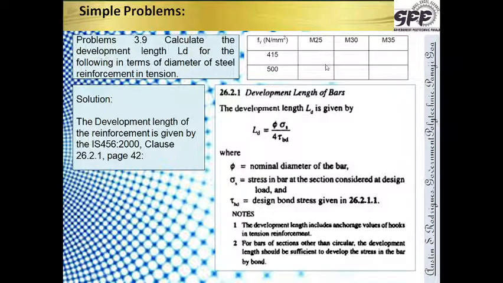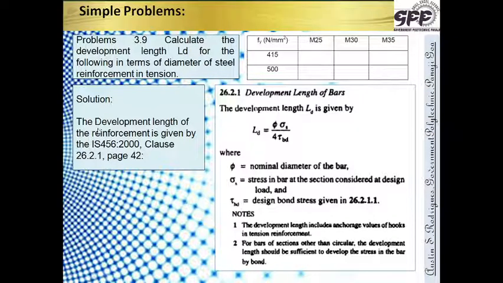So we have to find out what would be the LD for M25 and Fe415, similarly for M30 and Fe415, and M35 and Fe415, similarly M25 and Fe500, M30 and Fe500, and grade M35 with the grade of steel as